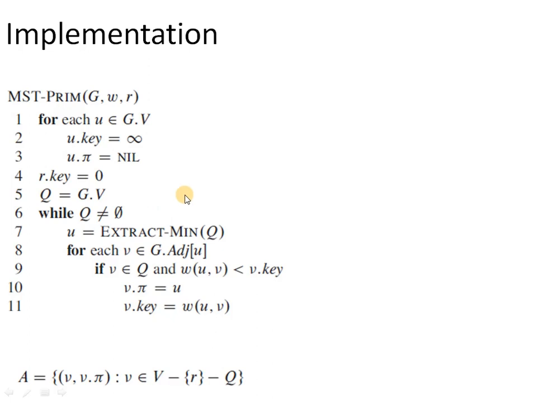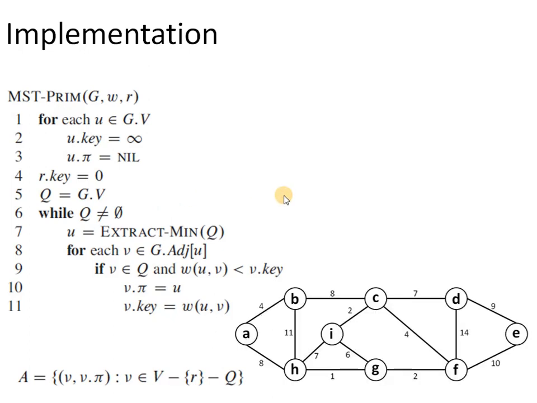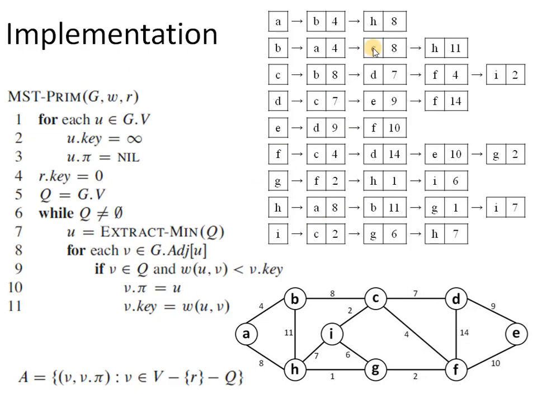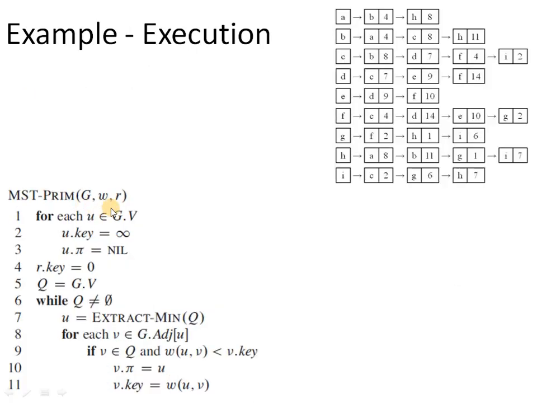So we are going to take the same graph which we have considered till now. So this is the graph, and now we are going to make use of adjacency list representation of the graphs. This is the corresponding representation. So now we are going to work with this representation and the algorithm. Let us assume that we are going to start with the vertex A. So first we have to do the initialization part.